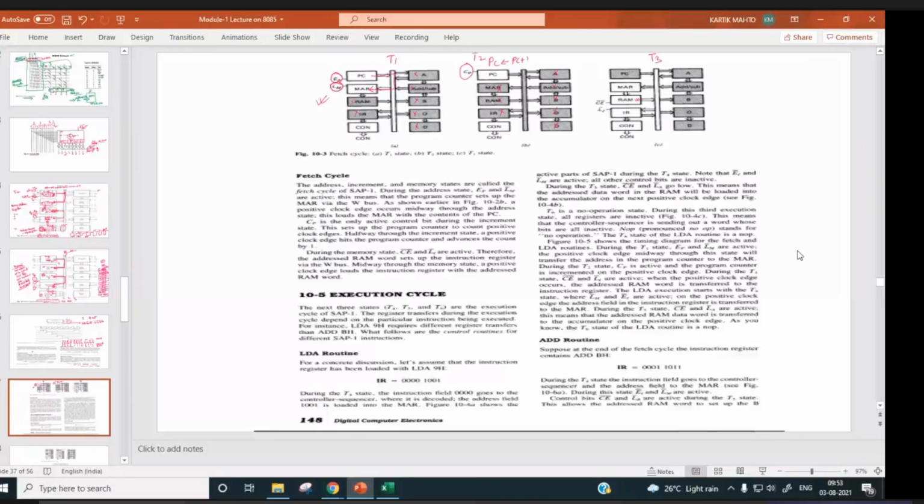This C bar is active, right? So whatever address was sent earlier is decoded properly, and then instruction from memory is coming out and it is going to instruction register, and from instruction register it is going to controller sequencer.